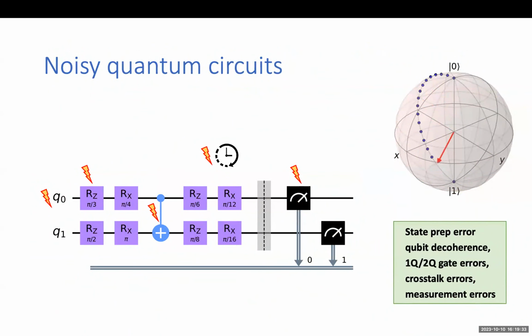And these different errors, which I mentioned earlier, can affect the circuit at any point. For example, it can affect it right when you initialize these circuits. When you apply these gates, these 2-qubit gates, they also lose their state over time, which is called decoherence. And also, when you measure, you can have errors, and all of these errors essentially mean that the direction the vector is pointing on the sphere is changing, which means you're going to a wrong state. So these are the things you have to deal with.